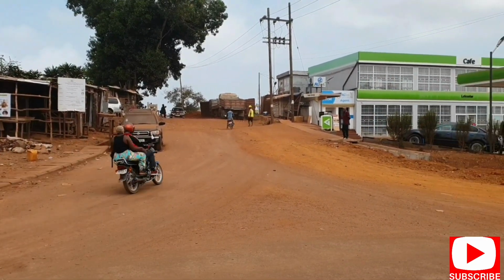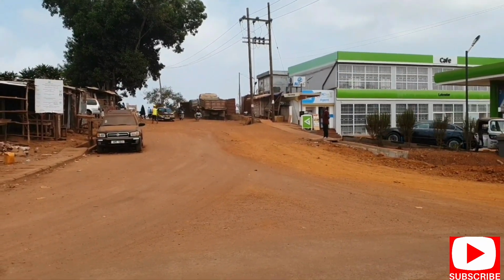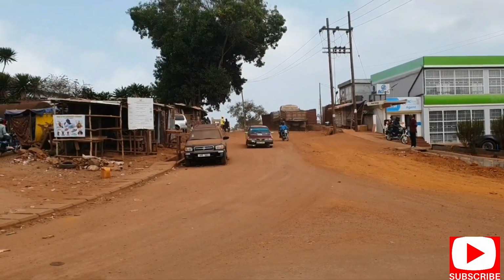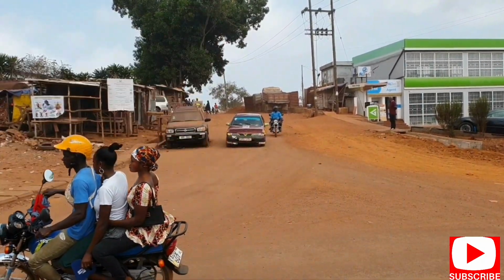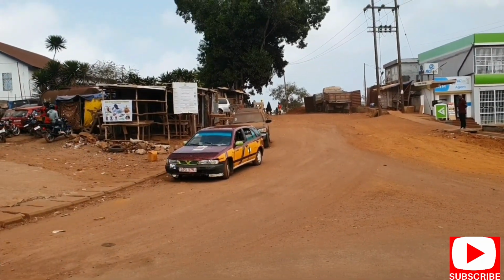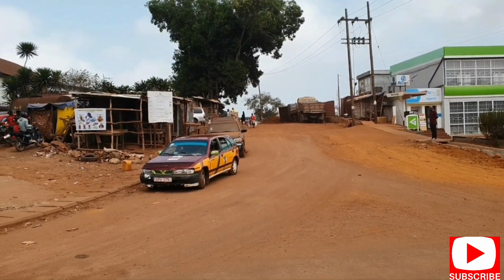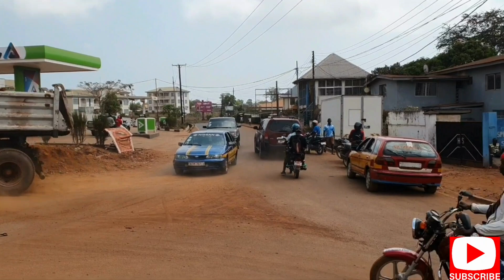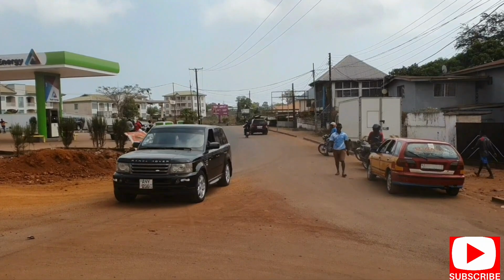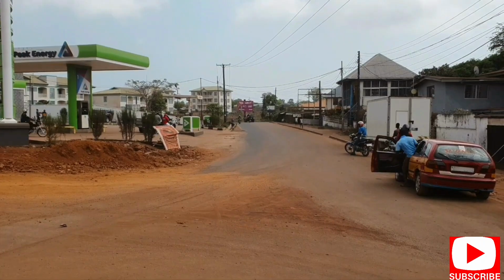So I am presently at the roundabout, or I am presently at Sky Junction, which is a popular area that leads to various destinations. To this particular way, it leads to the newly constructed Hill Bypass Road, and ultimately there's also another road that directly leads into town. Whilst this other way, it leads to the University of Sierra Leone, College, and also there's also another way that leads to various parts of